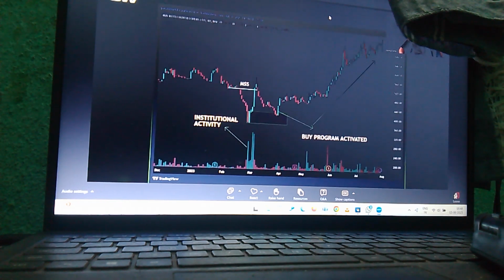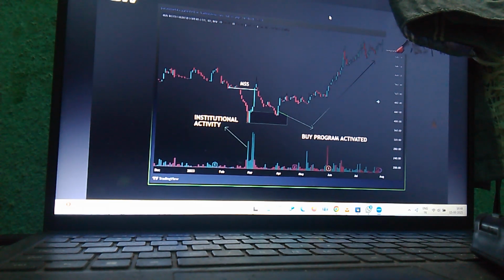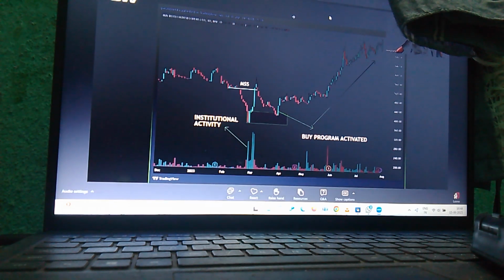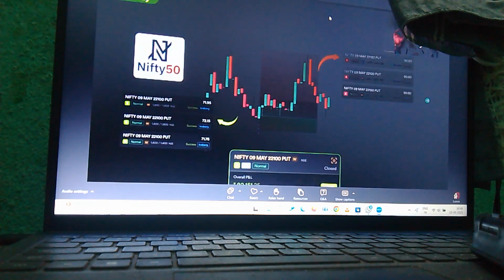Now I will be moving over to case studies where I will explain how exactly I've taken all of those trades, Nifty, Bank Nifty, what's the PNL, all of that stuff. Quickly I'll skim through those case studies so that you get an idea on how they are to be executed in real market conditions, right? So now let's get started with case studies, and you're going to learn a lot of things.